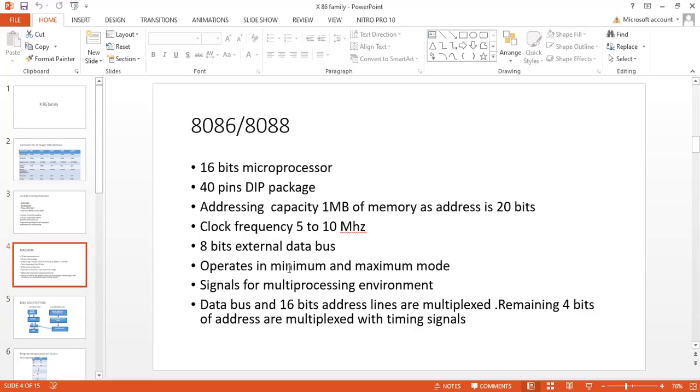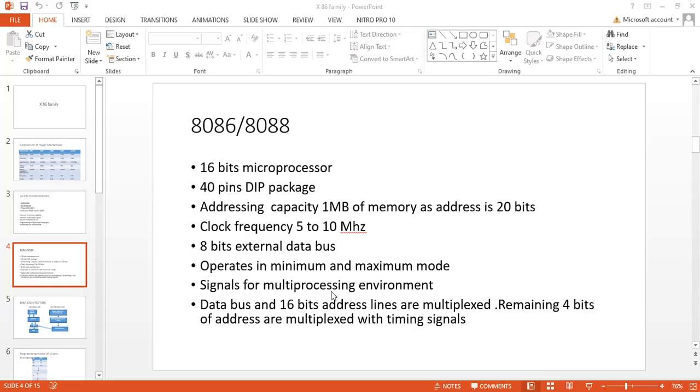Now this microprocessor operates in two modes, minimum and maximum. In the minimum mode, the actual microprocessor works. In the maximum mode, the math coprocessor will work, a multiprocessing environment. Out of this 20-bit address, 16-bit addresses are multiplexed with the 16-bit data, and the remaining 4 bits are multiplexed with the timing signal. Okay, so that is nothing but your 8086